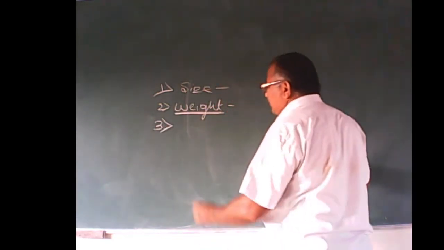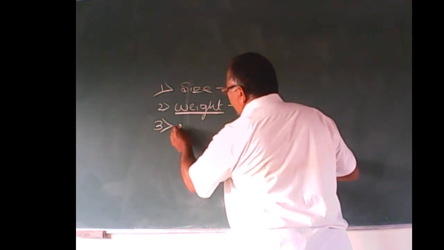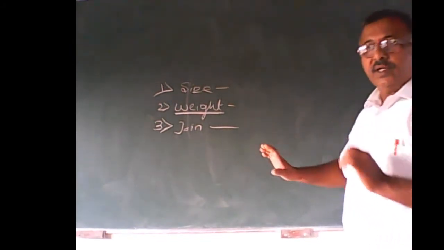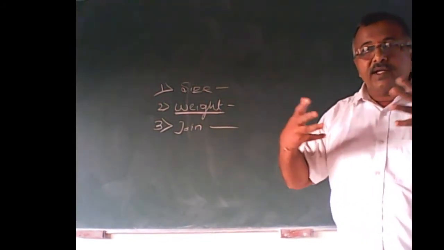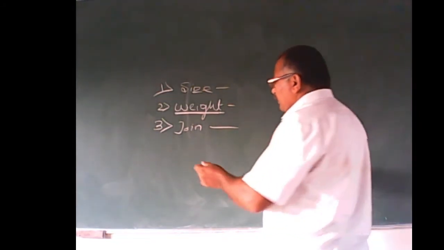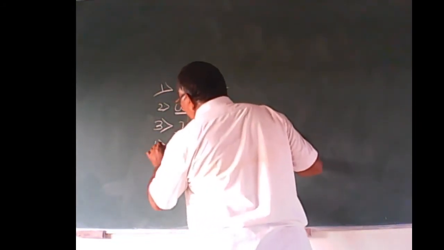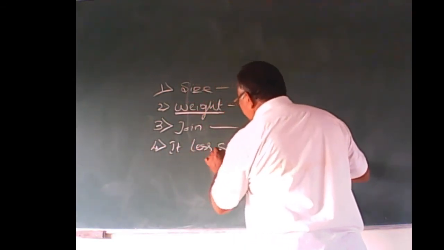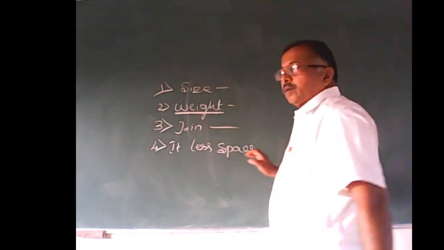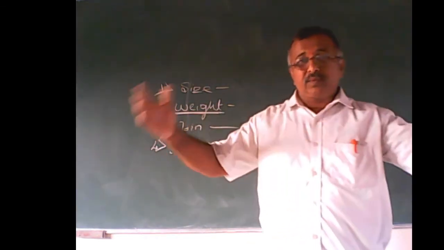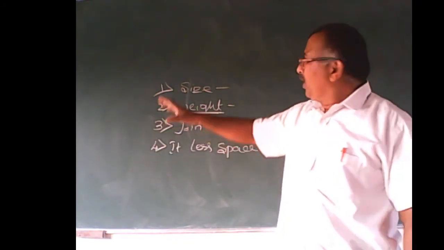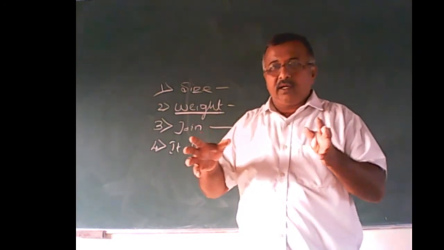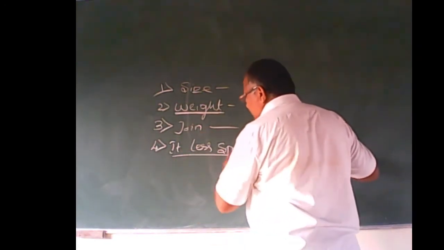Third one, engagement. It must be gradually engaged or disengaged without any jerk. Next, it occupies less space, so we can have maximum space for other components. We cannot have only a clutch in a vehicle. Other components are there, and we are going to arrange them systematically. That's why it occupies less space.